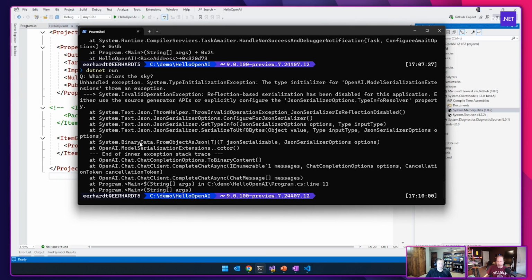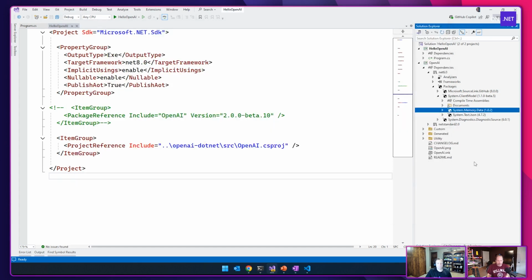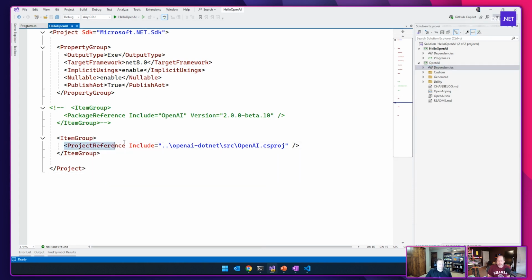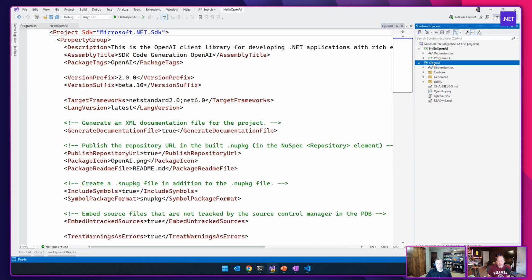This binary data object is in System Memory Data, the NuGet package. And so I have a project reference, so that when I build and run my Hello API, Hello OpenAI, it's going to use this OpenAI project.